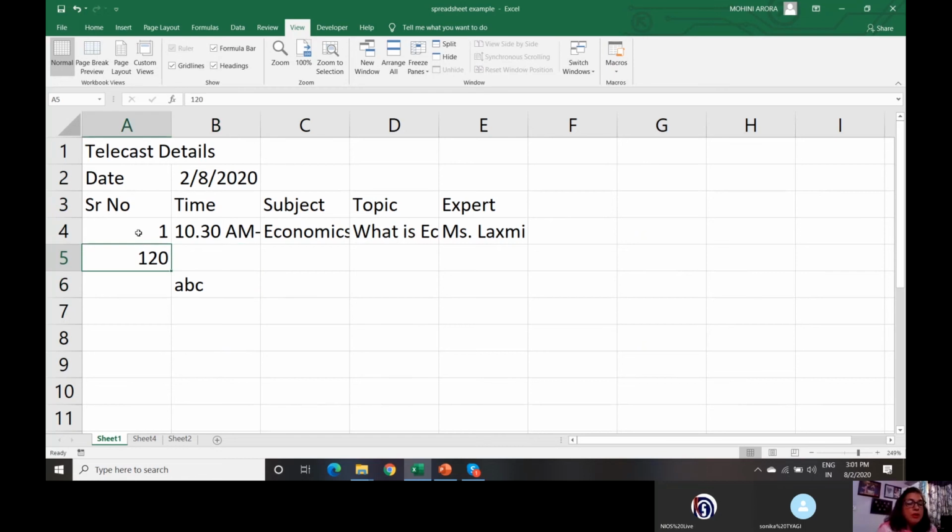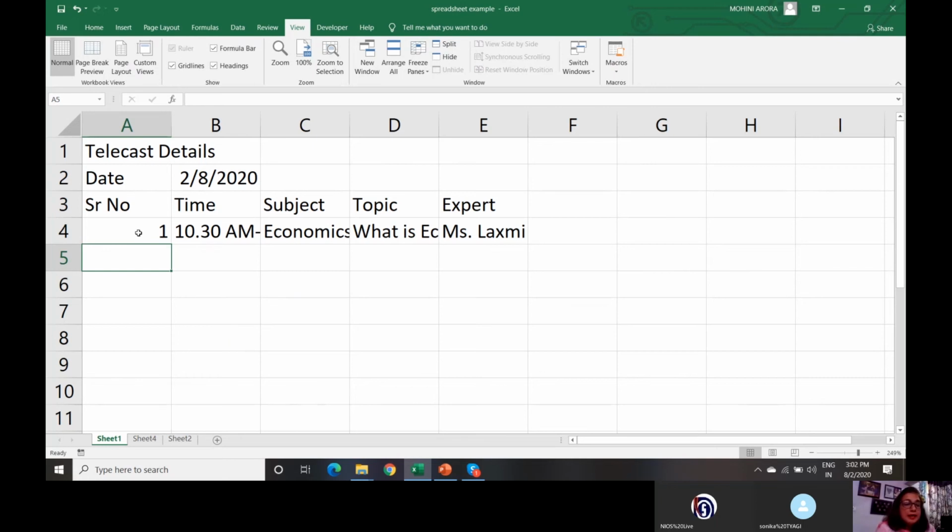On numerical data, you can do arithmetic calculations, right? All the arithmetic calculations, may it be addition, subtraction, multiplication, division, or calculating mean, median, mode, all these things can be done only on numerical data. Right? So we should be very careful about that, and we should always keep in mind what type of data we are entering in a particular cell and how we should work on that data. So that has to be kept in mind while creating a worksheet.